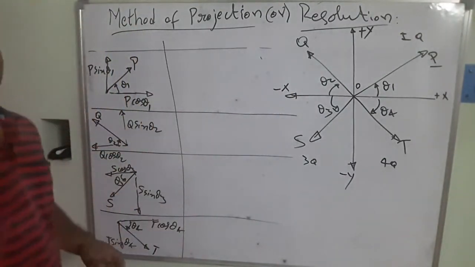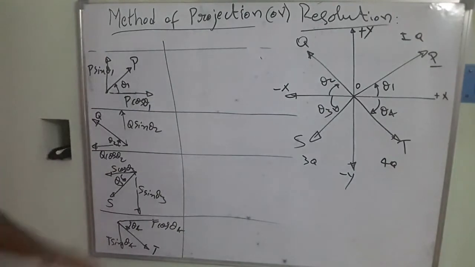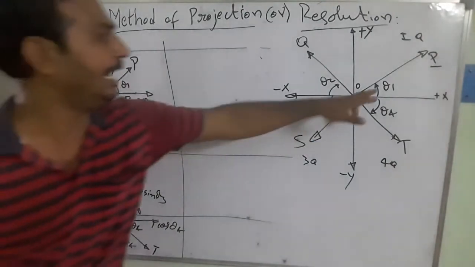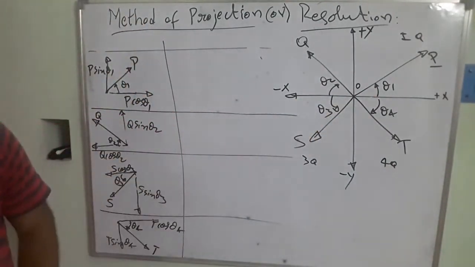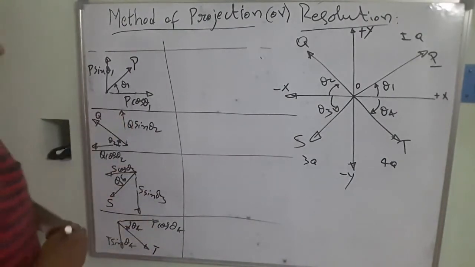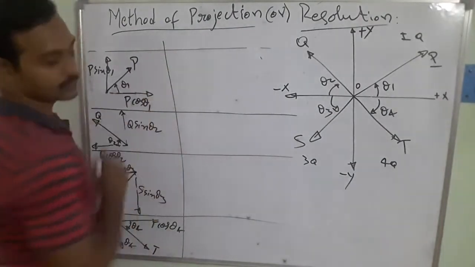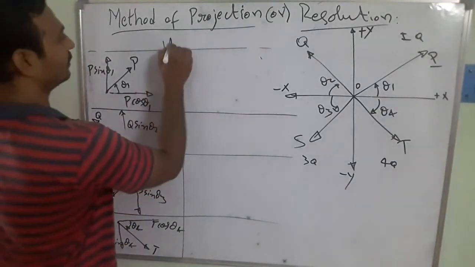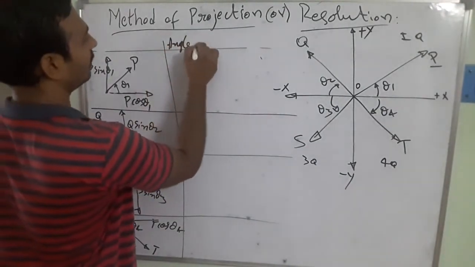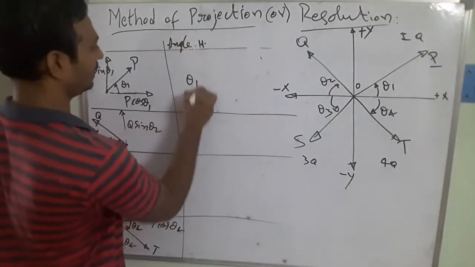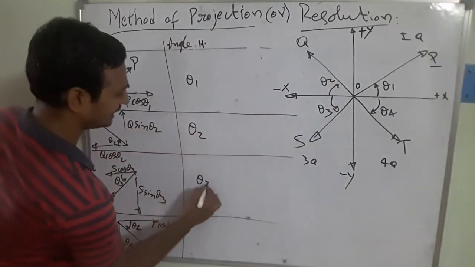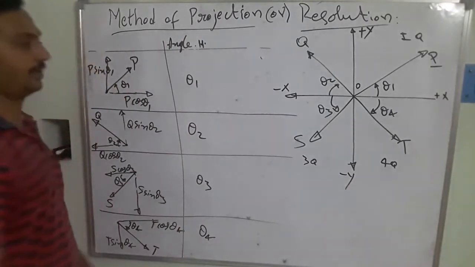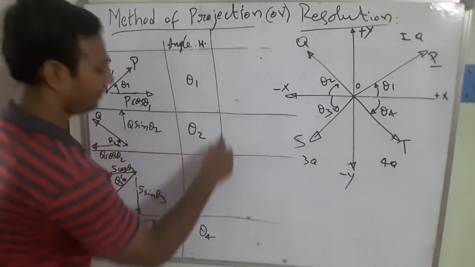Right? So in this case, this is going to be the free body diagram of the individual forces. Once we have that, we also have the inclination. What is the angle it is going to be making? That is the angle with the horizontal component. So this is going to be theta 1, theta 2, theta 3, and theta 4. These are the angles it is going to be making.